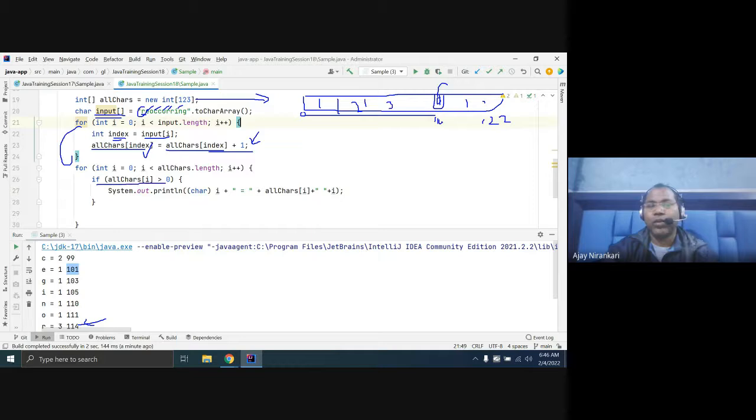By default, each array entry is 0, so I'm not interested in printing all the values, only the indexes with a value greater than 0. I'm checking one condition, greater than 0. If yes, then print the index and the value at that index, and you can convert the index to a char for our understanding. This is C: position 99 has 2 occurrences.